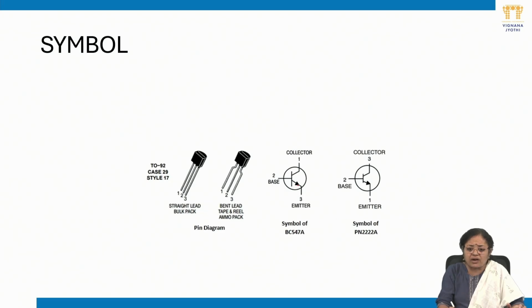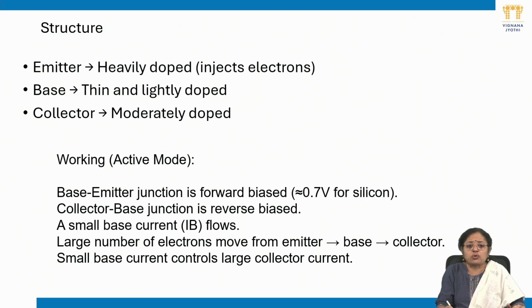So here we have the emitter terminal showing the arrow, base and collector, and emitter terminal, arrow, base and the collector, and this is in the form of IC. Nowadays we are obtaining it. So the structure of the construction of the BJT, we have emitter, base and collector, three regions in the BJT,